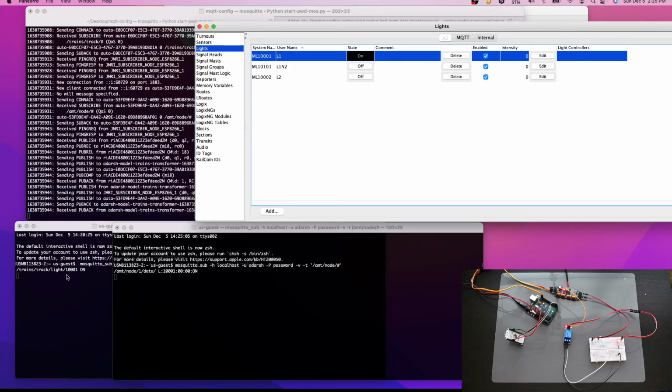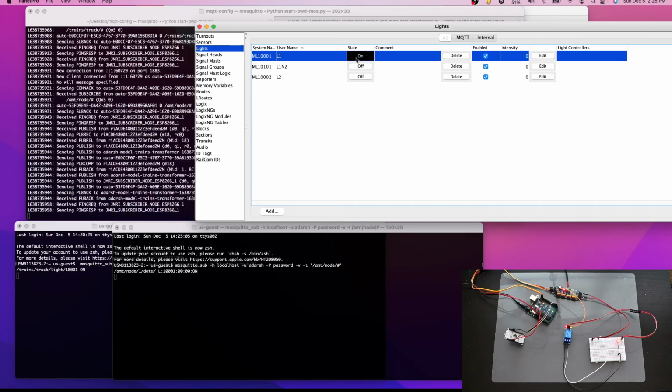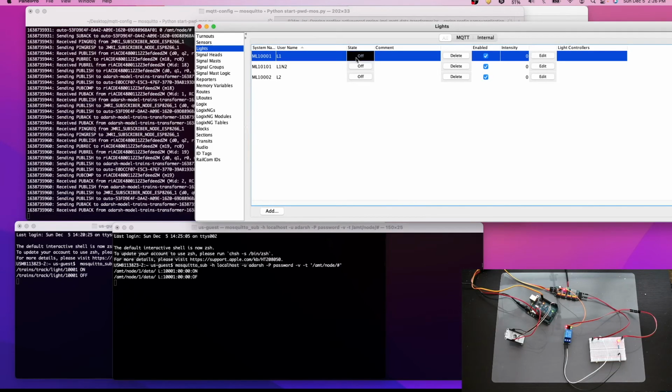So here you can see on. If you see, I made off and light turned off.